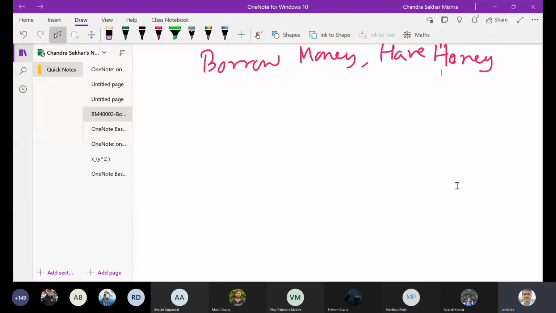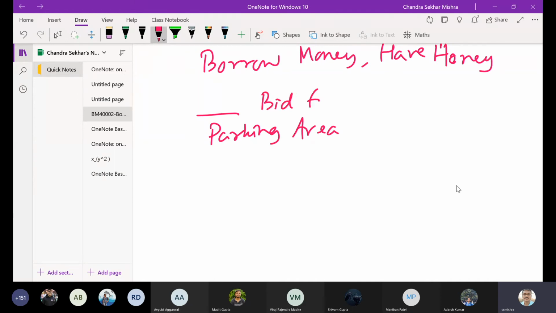Okay, right. Now tell me, suppose you would like to take a loan for that. Suppose you have to bid for it, you have to give a big amount to the municipality. Okay, right? So the parking fee or parking area, bid for the parking area. Maybe finally you got the bid and the bid amount comes to rupees 25 lakh. You have to pay it to the municipality. Okay.